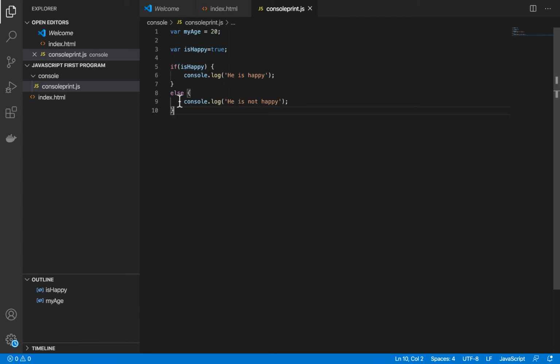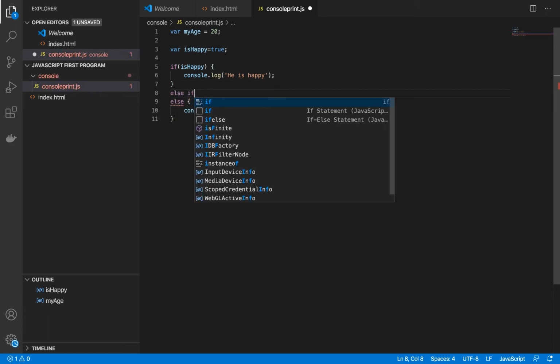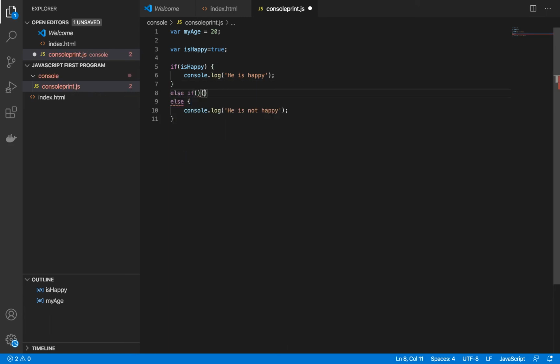There is one more thing that is used in between if and else, that is called else if. So I will just quickly write it over here and provide a statement. Again, I'll go back to this example only.